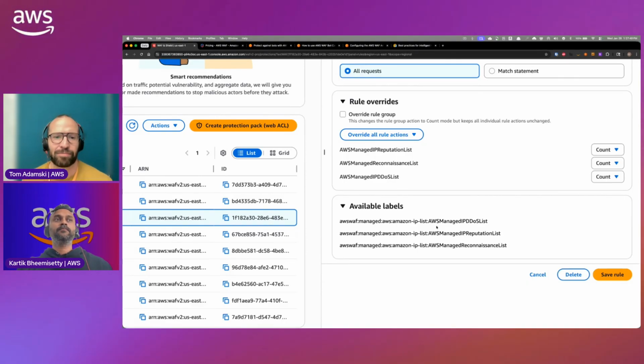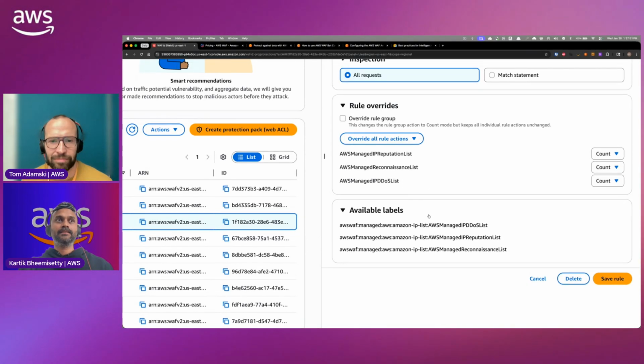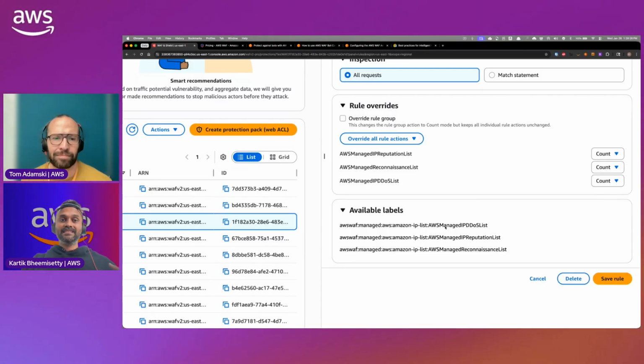That's correct. For example, if you look at the IP reputation list that we have, we also had a label called IP reputation list. That means we have a knowledge base of bad IP traffic. We are saying this particular request matches this IP, but maybe I don't want to make a decision right now on that particular rule itself, and instead analyze further traffic characteristics. Maybe I'm okay if it is a bad IP, but if they're accessing static content, I just want to respond to it for SEO purposes, etc. I just don't want to block the traffic. But if it is not a static asset and it is dynamic content, maybe I want to block. You can make that decision accordingly.